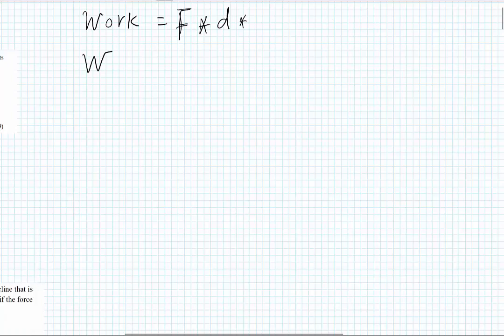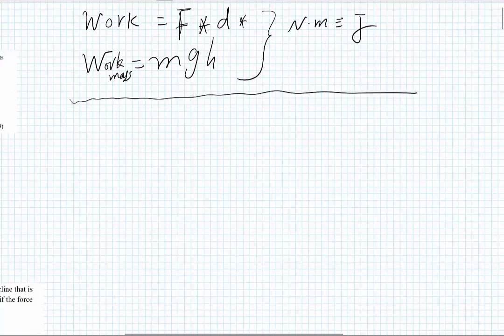Also, the work done on a mass to lift it up a certain height h equals m times g times h. m is the mass, g is gravity, and h is the height. The unit is the Newton meter, which is equivalent to the joule. Energy,